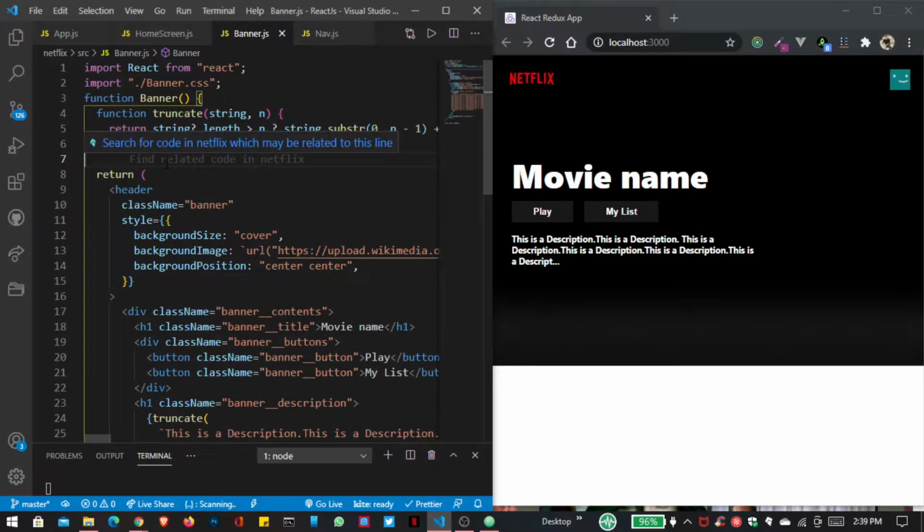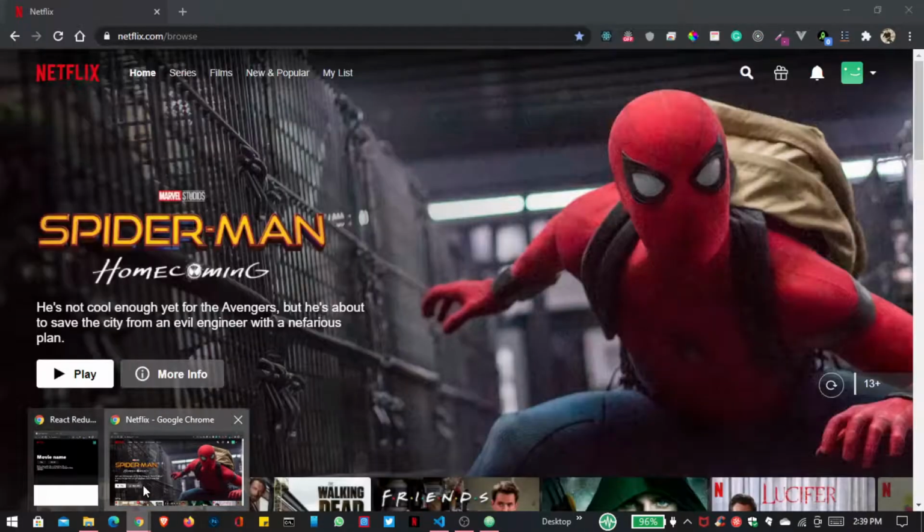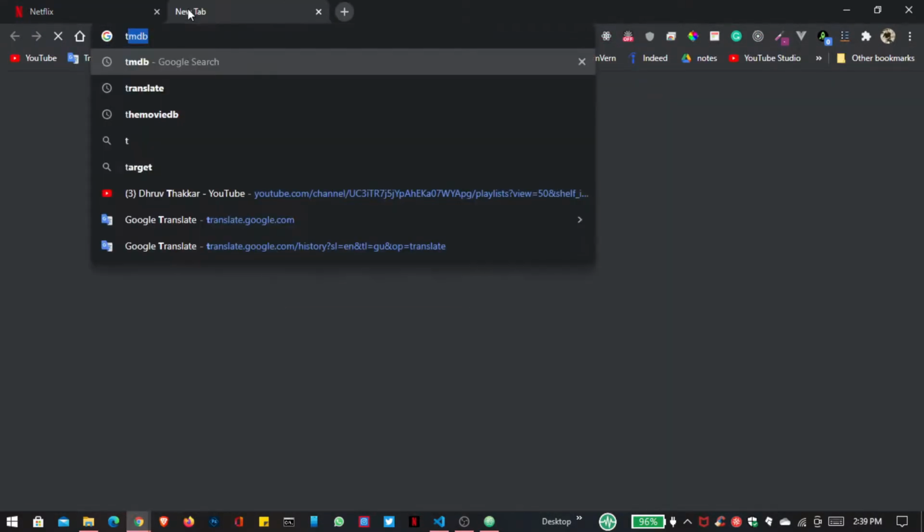Now the time has come to actually use the API that is provided by TMDB. Here we can show a random movie, and here we have to print a lot of movies in rows. For that I am using the MovieDB website, which provides us